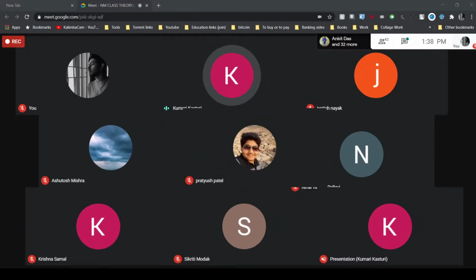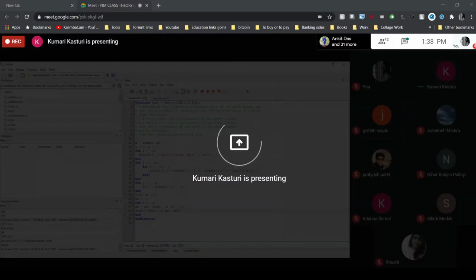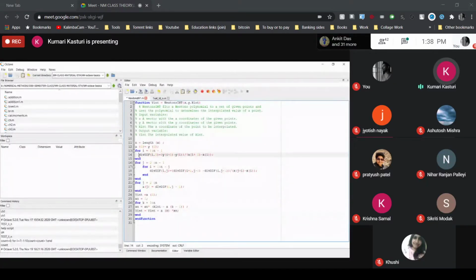Same thing, it is written in your code that divided difference of ij, because you already have the first element. With that first element we have to carry it out. So divided difference is equal to divided difference I plus 1 j minus 1 minus divided difference I j minus 1, divided by x j minus x I plus 1. Whenever each value of j and I comes, automatically the second, third, fourth, and so on. It depends upon how many data sets are given to you. That many times this for loop will run.